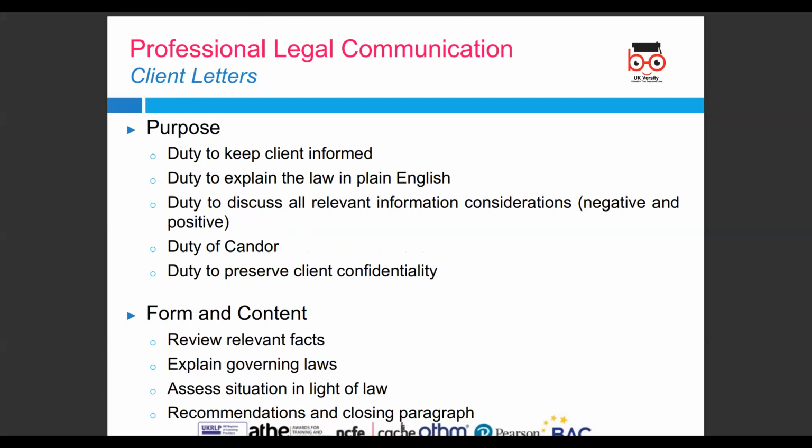Client care letters summarise the key information which the client of a solicitor's firm needs to know about how the legal matter is going to be dealt with. Strictly speaking, the Solicitors Regulation Authority, the SRA Code of Conduct, only requires the information on how to make a complaint to be in writing. The SRA has scrapped virtually all of the prescription which used to be in place about the need to have a client care letter and what you have to include.